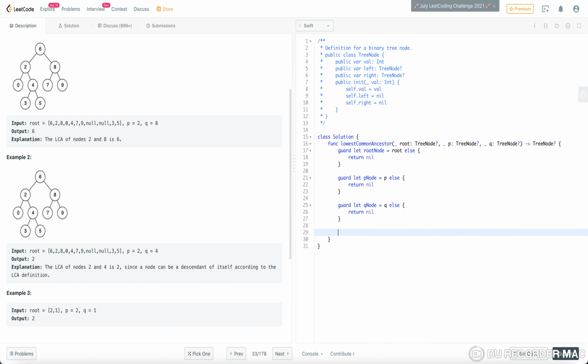Now we will check if both the nodes are greater than the root node. How we'll check that?